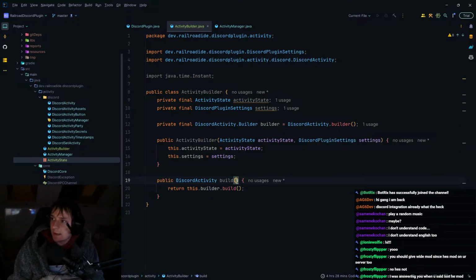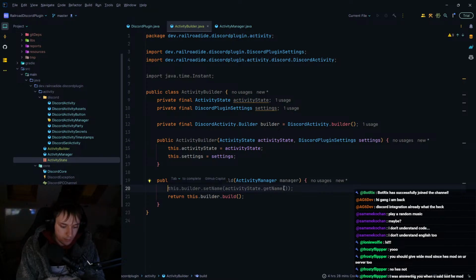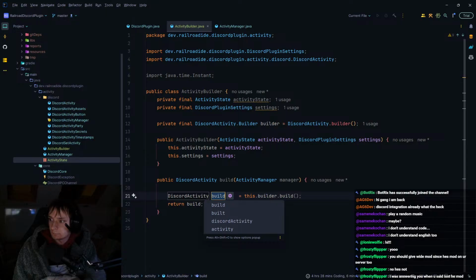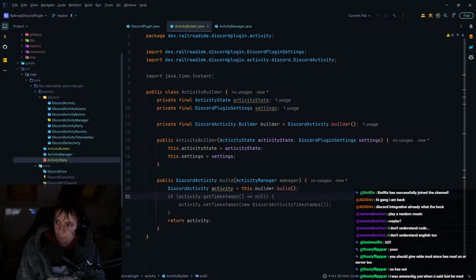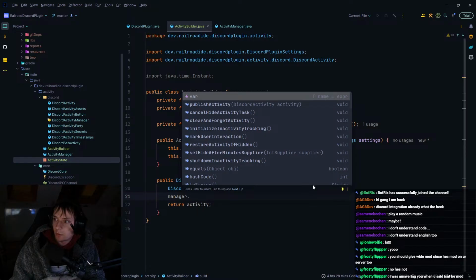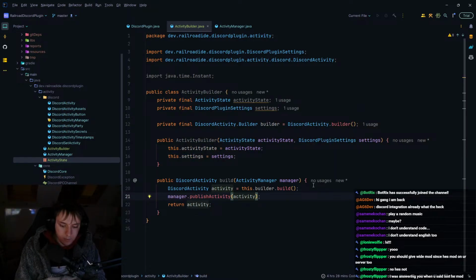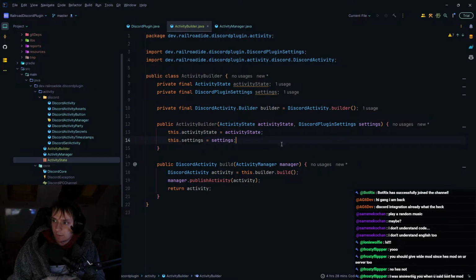Now this could maybe take in the activity manager, and then it could do so this would be the activity, and then we can do manager dot publish activity, and then return the activity. Okay, so